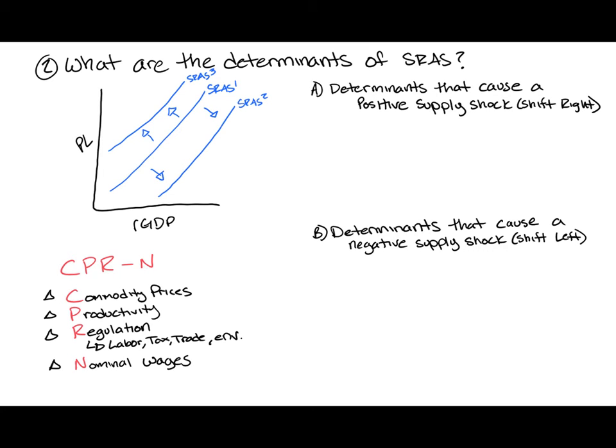More or more costly regulations, or a less business-friendly regulatory environment, would reduce short-run aggregate supply, as would higher nominal wages, either those higher wages coming through governmental actions or coming through the natural ebb and flow of the business cycle. So you may want to point out that when we're in recovery, eventually, as the recovery continues on and